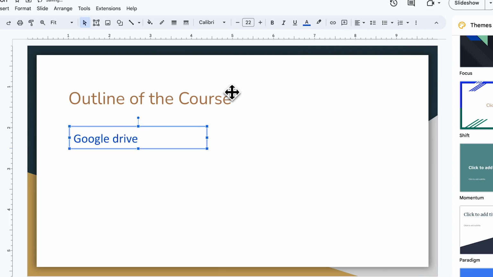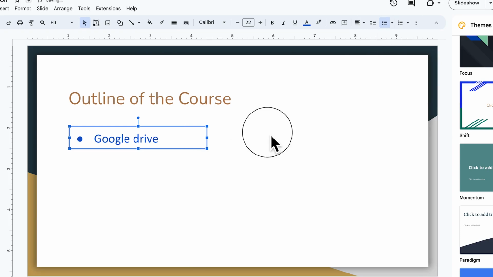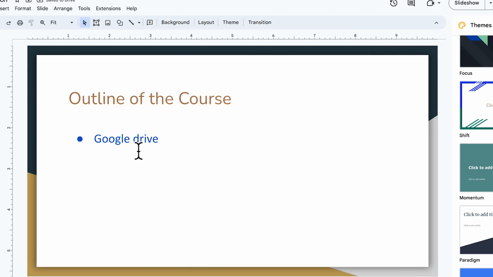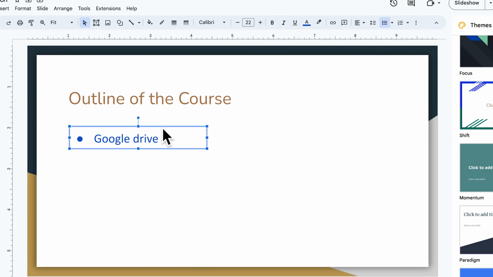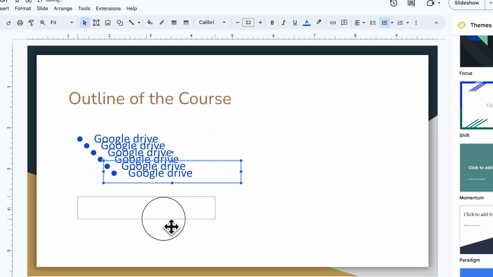And we can put some bullets as well. So you can come over here and select any kind of bullet. All right. So if this is okay for you, we can just say we're going to cover Google Drive, copy and paste all of them, and then we will just put in the